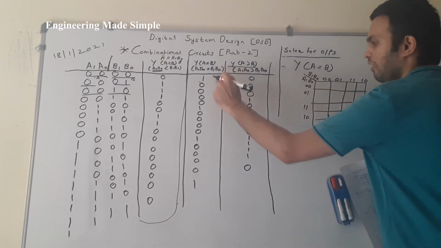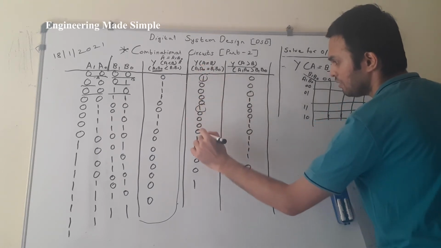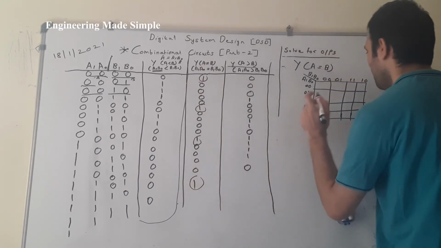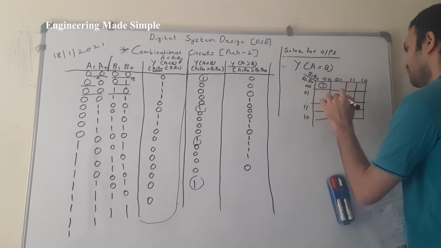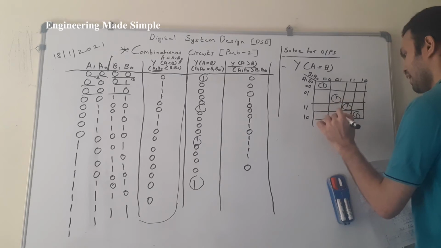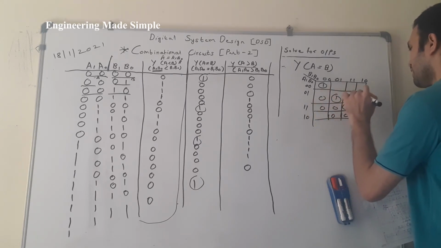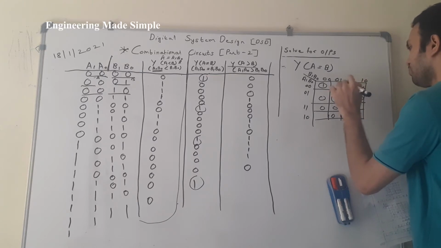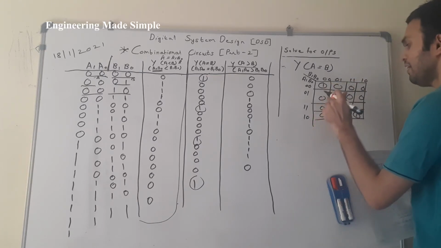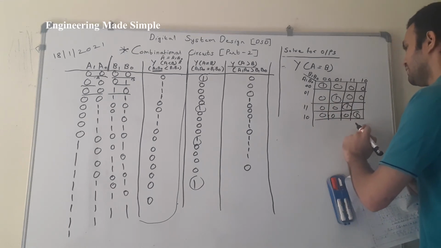Now let us fill all the min terms. Where are these min terms? This one, this one, this one, and this one. So I map this directly over here, corresponding to its input combinations. And the rest of the terms will be zeros because there are no min terms. There are no min terms which I can group together. That is the reason I encircled the ones which are present over here, as they don't form any group.